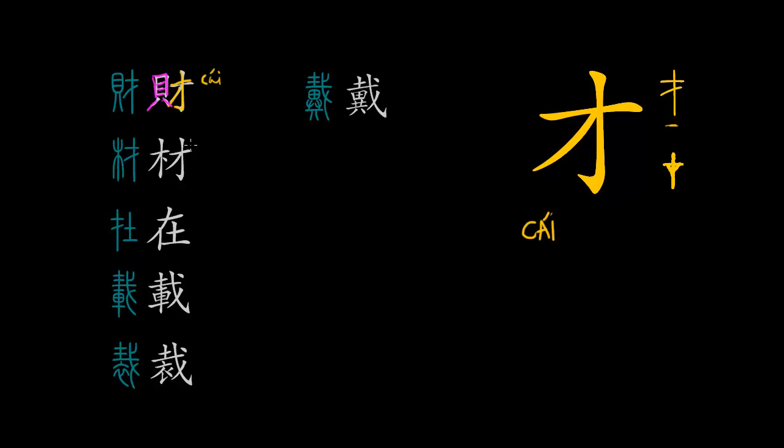So this is clearly the semantic element pointing to the meaning wealth or money or something along those lines. And so the whole character means wealth, with Cai giving it its sound and bei pointing to its meaning. So this is wealth. Beneath it you have another character in the same series,